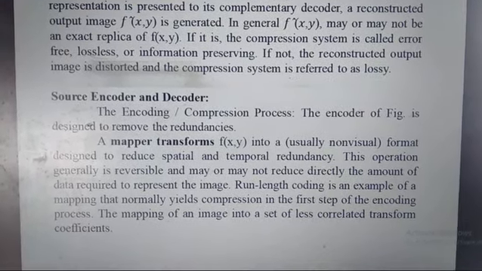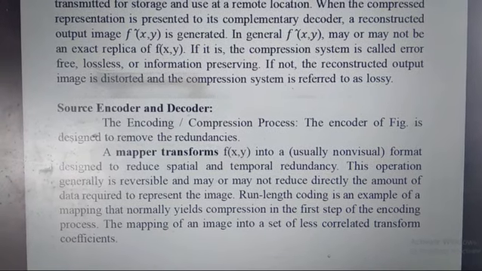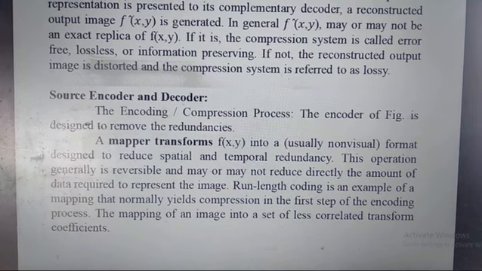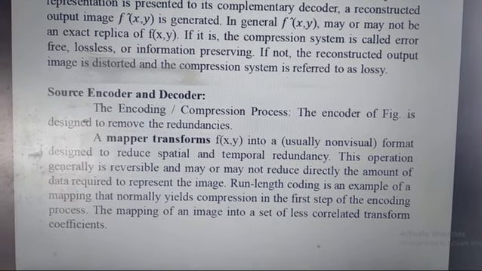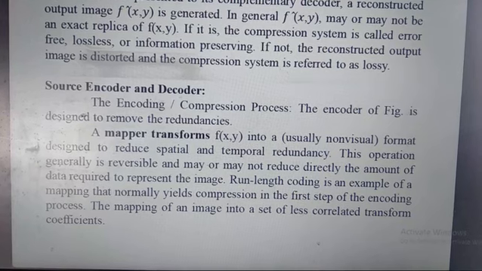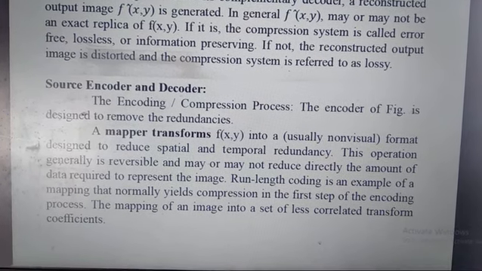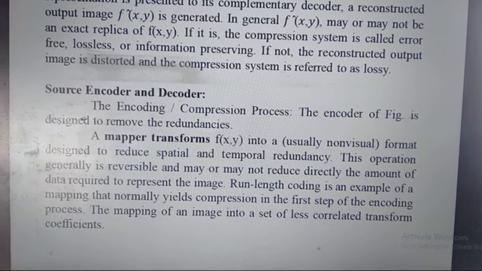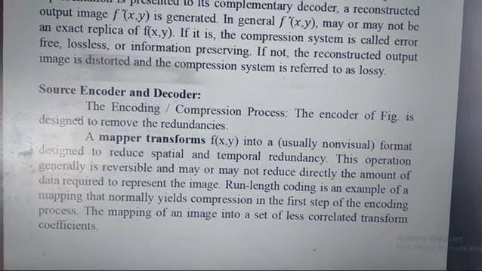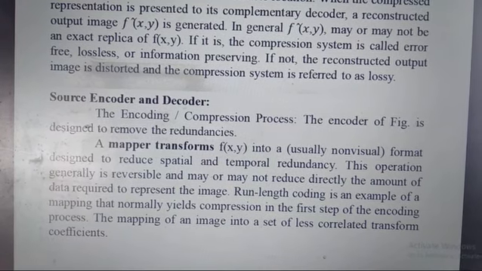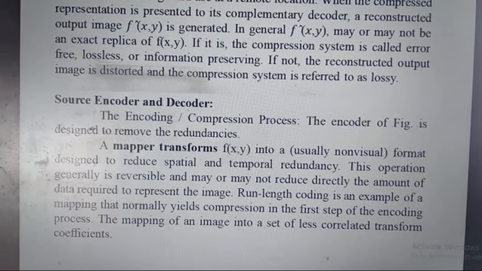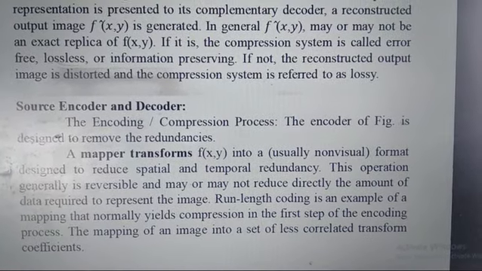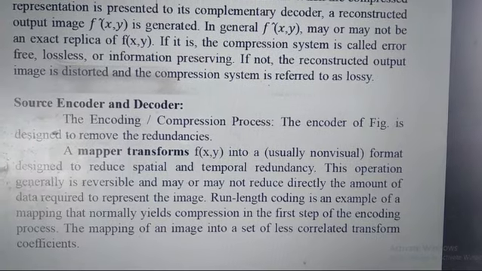On the encoder side, or the compression process, there is a mapper. The mapper transforms f of x y into an input format designed to reduce spatial and temporal redundancy. This operation is generally reversible and may or may not directly reduce the amount of data required to represent the image. Run length coding is an example of a mapping that normally yields compression in the first step of the encoding process. The mapping of an image into a set of less correlated